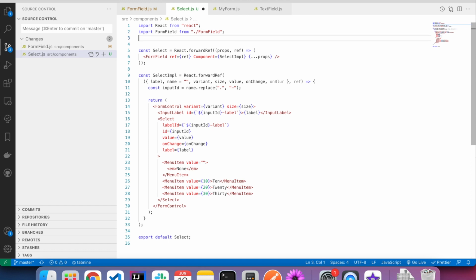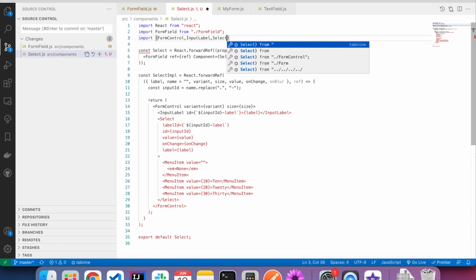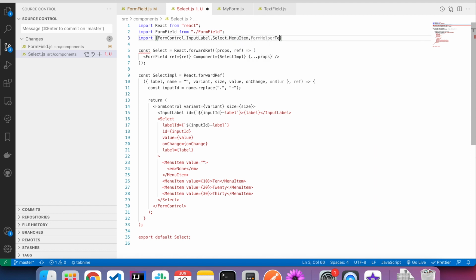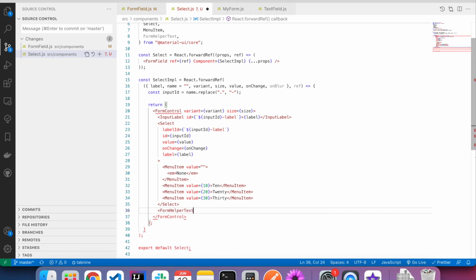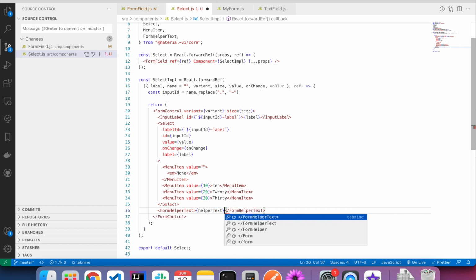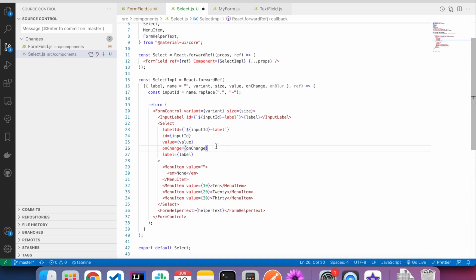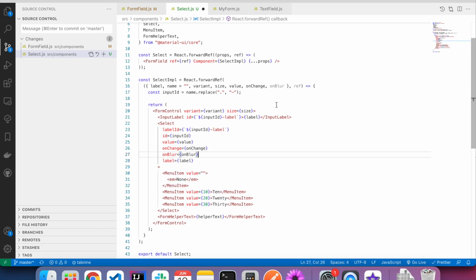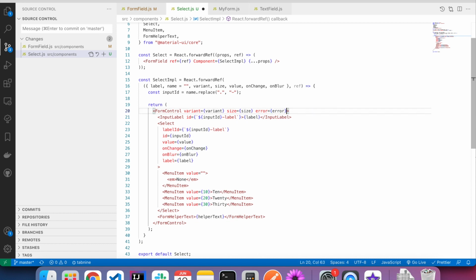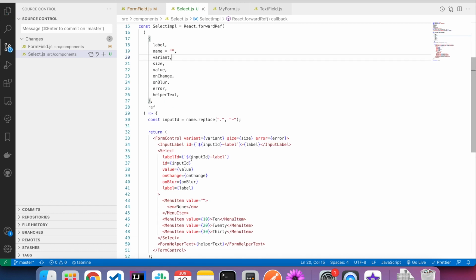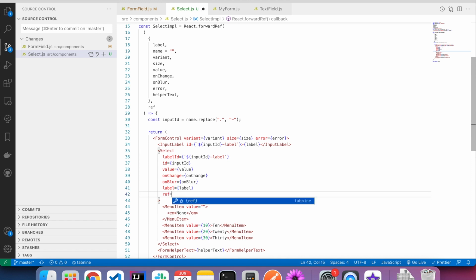Put all the required components from Material UI. I need to add it on the form.